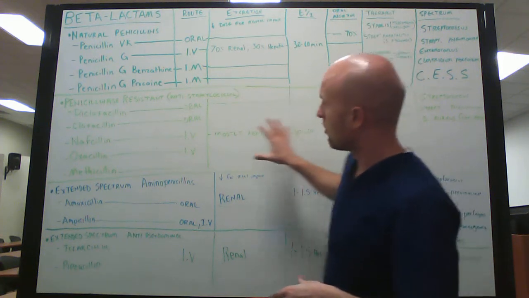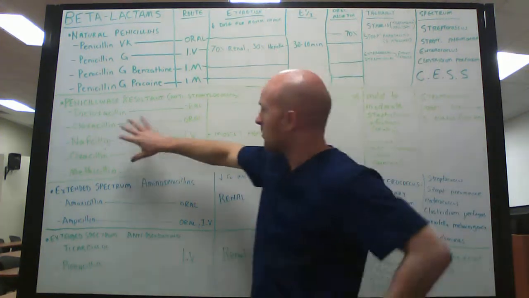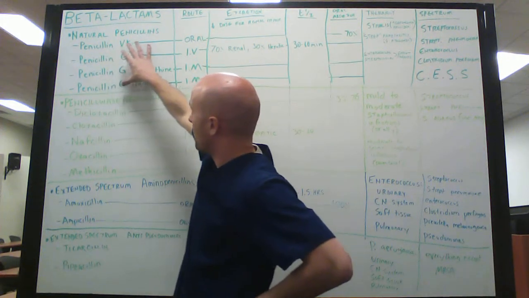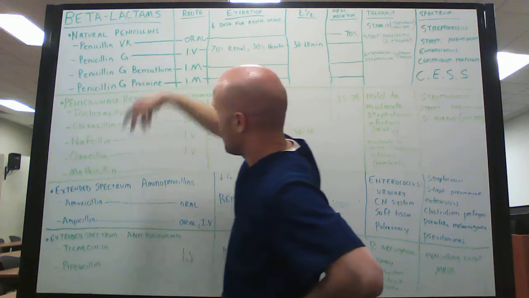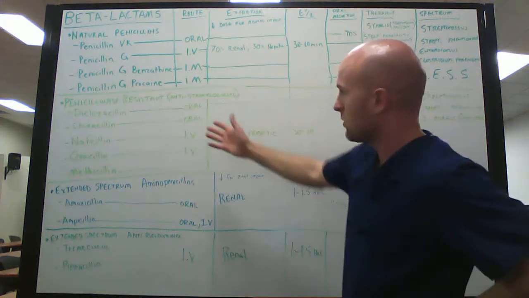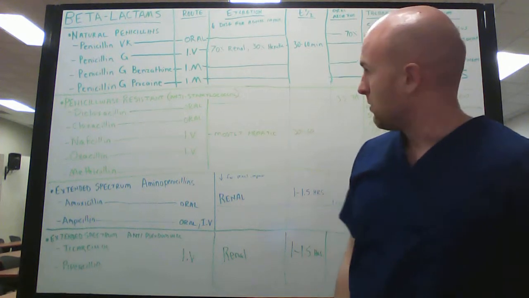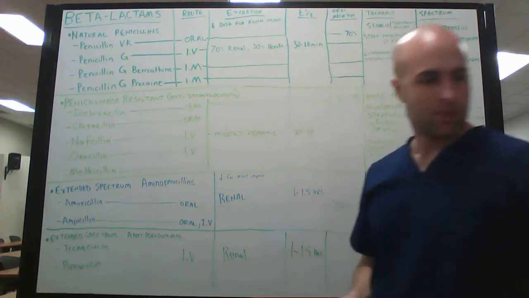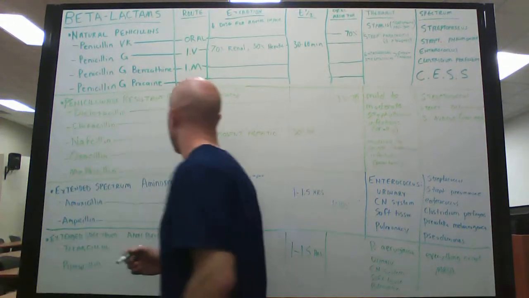Okay, so these are drugs that have that thing added onto them. And these are a little hard to remember because all of these first ones all start with penicillin. Okay, penicillin, penicillin, penicillin, penicillin. We had the different things we added on there for what it was used for. But these ones all have different kind of names. Okay, so that's kind of hard. It makes it a little hard to remember. But I'll try to come up with some way that we can remember these. Okay, so first of all,